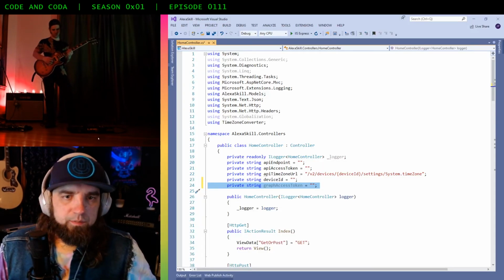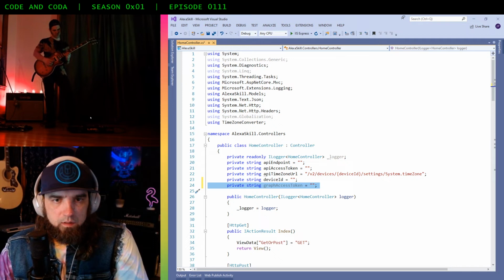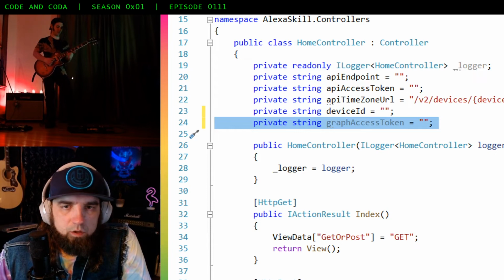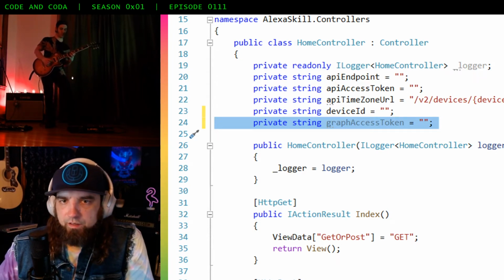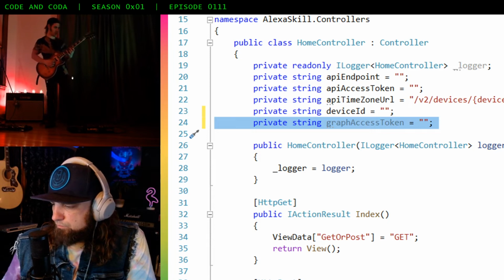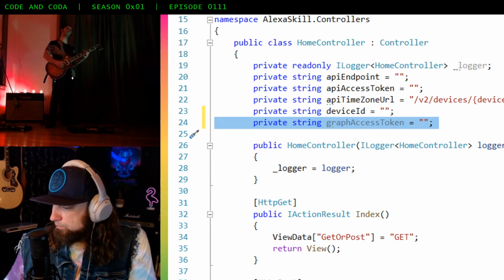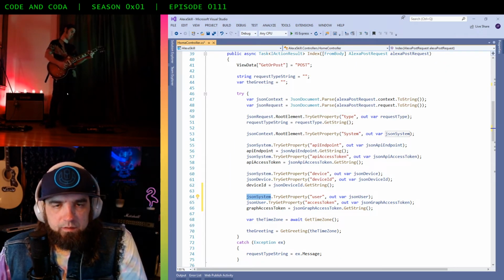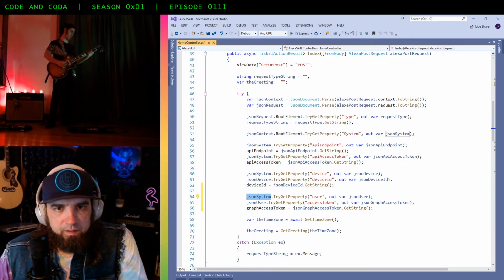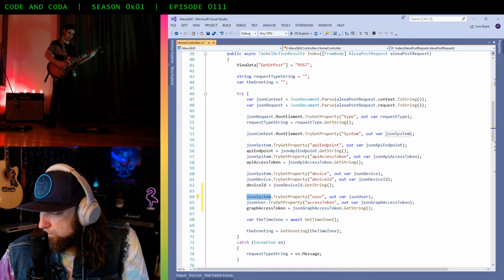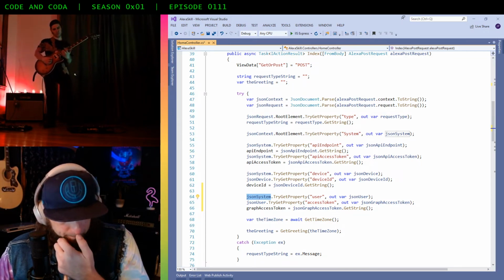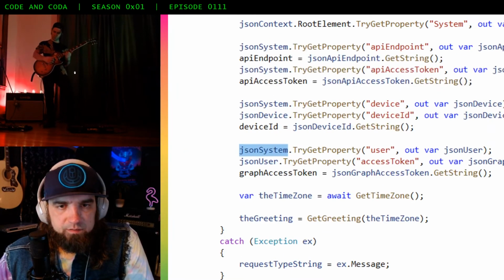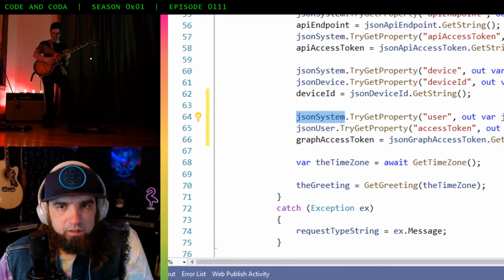So again, the next step is to parse this JSON here. What I've done back in our C# application in the home controller, I've just added another global variable here called graph access token. And down in our index method here, this is the method that we are using to process the request. Over here on line 64,